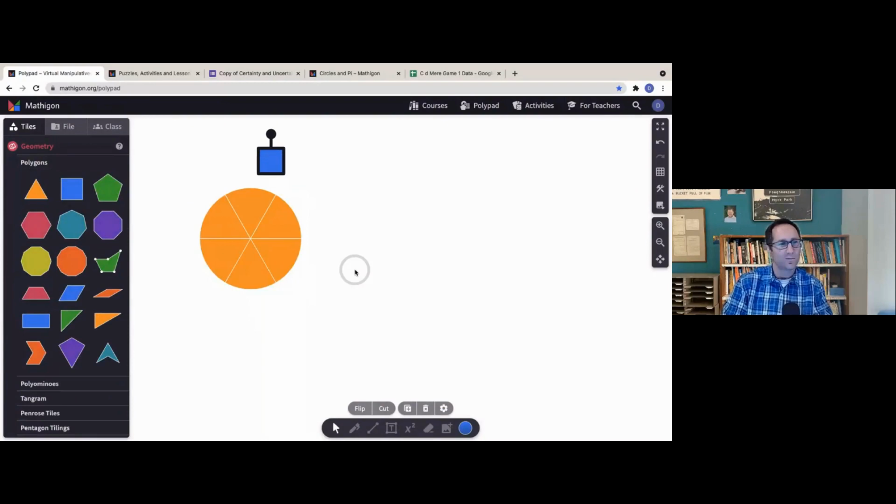I might start having a conversation with kids about, if this tile has an area of 1, what's the area of that circle? And I just said, first, go make an estimate of the area of the circle. This was actually the introduction to the activity. They took the square and copied the square a bunch and tried to make an estimate of the area of the circle in those squares. Again, they understood the concept of area, but just having them do this on their own was a good hook to the lesson, making an estimate of the area of the circle, as well as a reminder of the concept of area.